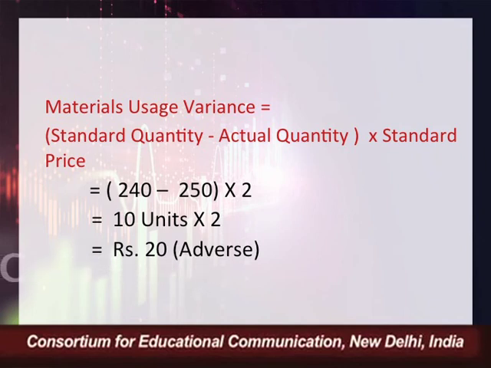So in this way we have not only calculated the cost variance but also the price variance and usage variance. In price variance and usage variance, it is quite easy for you to recall the formula. Always keep this thing in mind that when I am computing the price variance, under bracket I will be using the difference between the two prices, that is standard price and actual price. And when I am computing the usage variance, obviously under bracket I will be using the difference between two quantities. And what are those two quantities? Standard quantity and actual quantity.